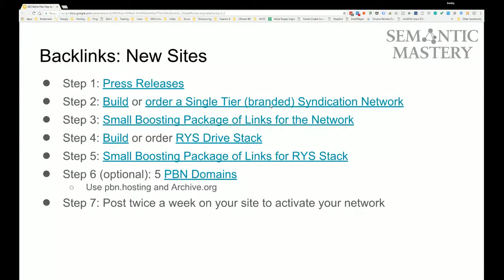Okay. So that's the next step. Step 4 is to build or order an RYS drive stack. Again, if you want to build it yourself, I recommend you go through the training, because otherwise it will literally be